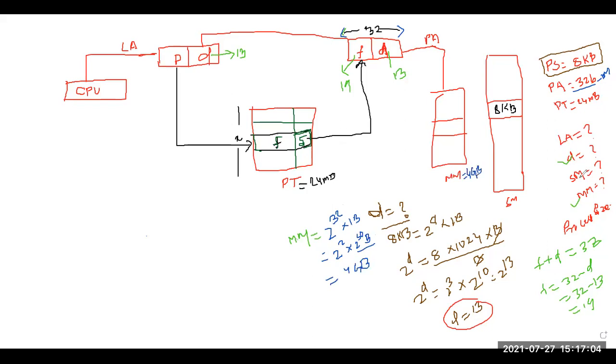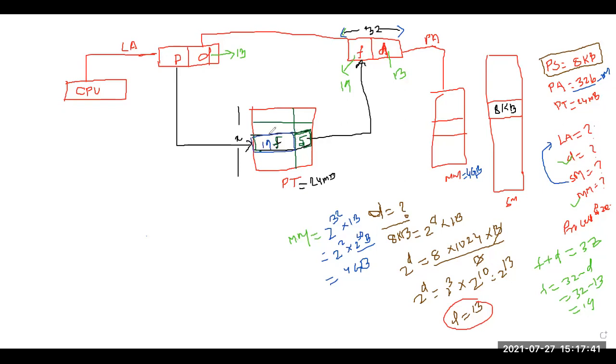What do we have to find now? We have to find the process size and the secondary memory. But what do we know? To find the size of secondary memory, I should know the number of bits, okay? Now coming back here, what is the F value? F is 19. So can I replace this F equal to 19 here? Yes or no? What is the number of bits used for F? 19. So here also the maximum use will be 19.